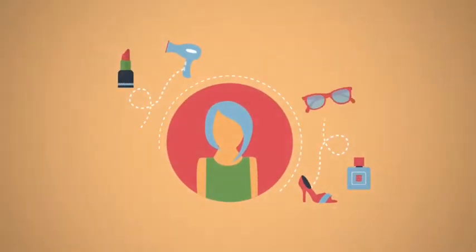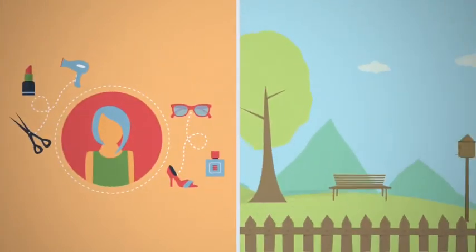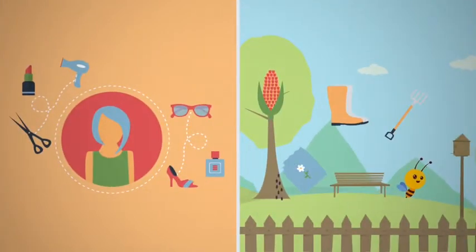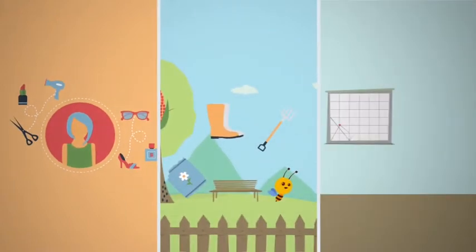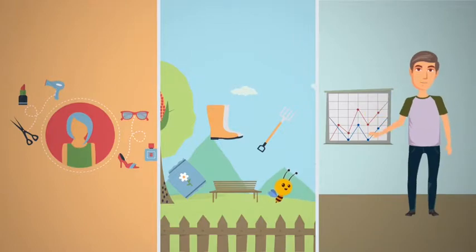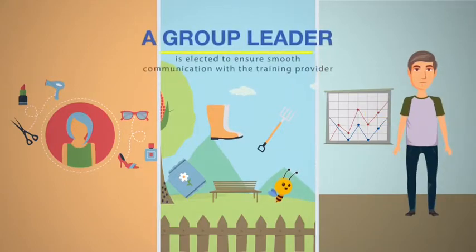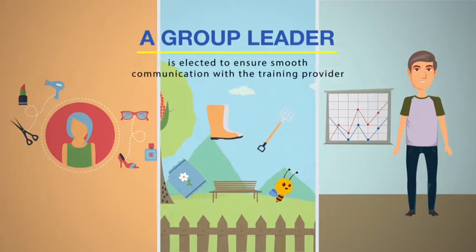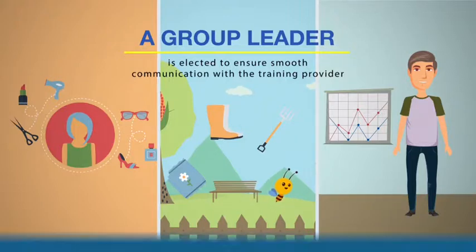The opportunity group utilize management skills and jointly decide on the training location, be it in a private business, school, house premises, or open air. They also decide on timing and sequences of the training, considering financial and social barriers of the group members, ensuring universal access to training. A group leader is elected to ensure smooth communication with the training provider, the facilitator, and other contributors to the training, to create linkages and network that will help the group during and after training.